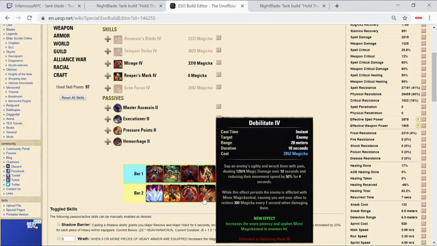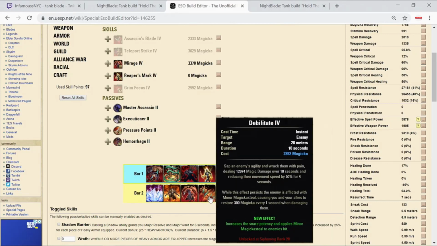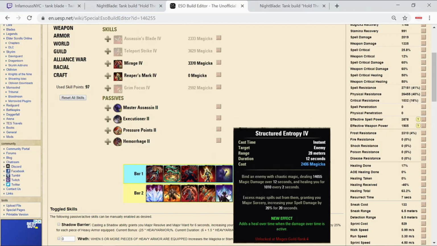Whether you're Stamina or Magicka, obviously Magicka builds need extra Magicka, and of course, even if you're a Stamina build, you can always use your Magicka for basically the support abilities that you use on your bar. And then of course, with the changes to structured entropy, I stuck with this morph for the extra healing, because